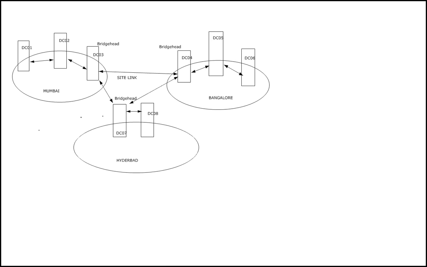Alright, so here we have another site added, that is Hyderabad, and we have two DCs on that site, DC01 and 08. And here you can see, in this case, we have three different site links. There is one site link which connects Mumbai and Bangalore, another one between Bangalore and Hyderabad, and another one between Mumbai and Hyderabad. Okay, so there are a few things which you should understand about a site link, and that is going to be